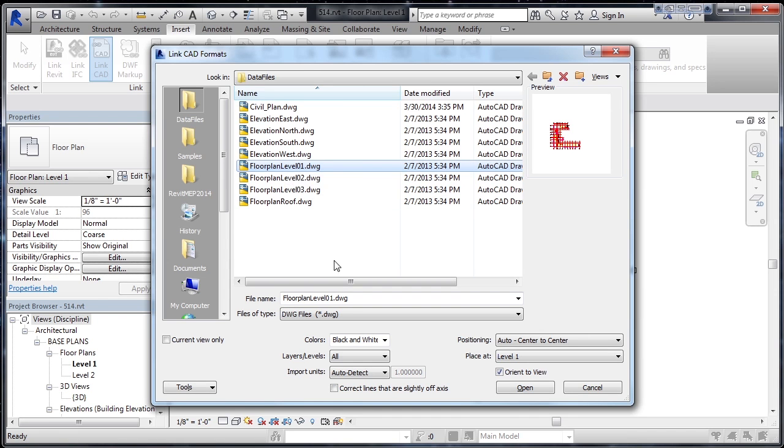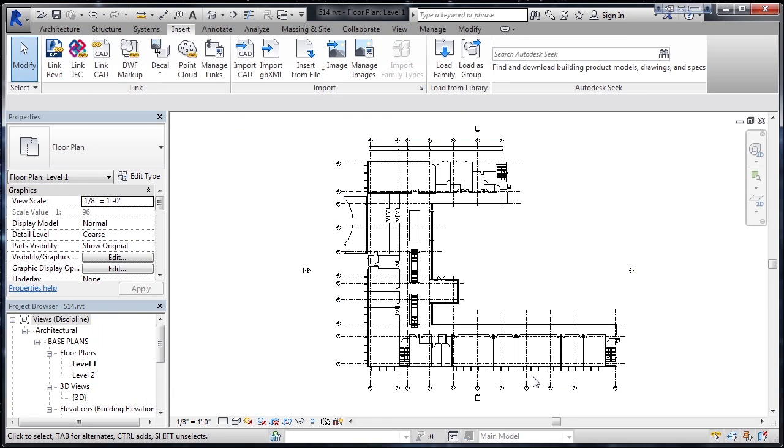Now, a few things to set on the very bottom before clicking open. Verify the colors are black and white, levels are all, import units, auto detect, uncheck mark the correct lines, make it auto origin to origin for positioning, and place it level 1 in orient to view. Orient to view meaning north is up. Then click open. What it will actually do now is bring in that 2D CAD drawing and place it on